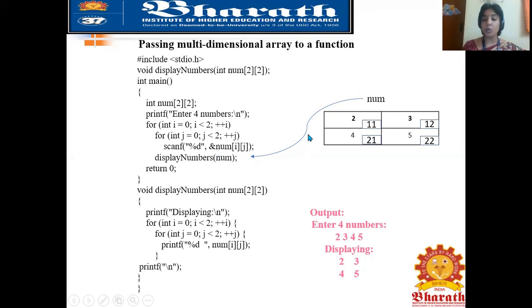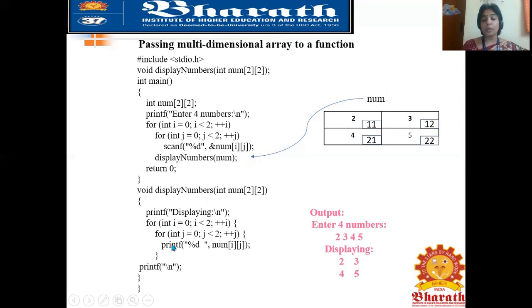So that name is going to be passed as an argument to this function. In the function definition, we have defined this parameter as a 2-dimension array. Since this is going to be a full array, in the definition we need to specify it as a 2-dimensional array.